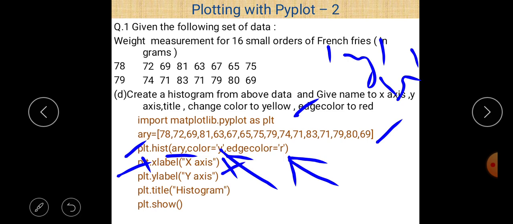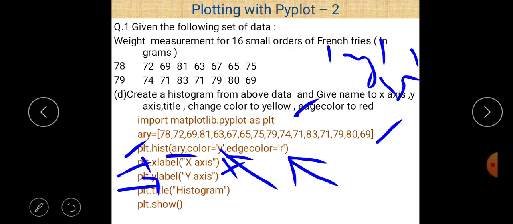And if you want to give the title of your histogram or your chart, then for that purpose the title method is used, and within double quotation marks you can easily see that histogram is written, so that becomes the title of your chart or graph, and at last plt.show to show the output.